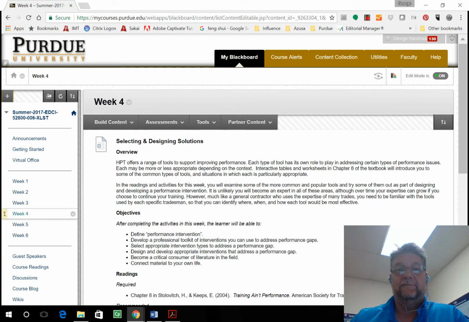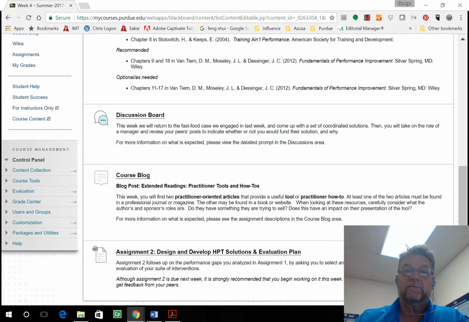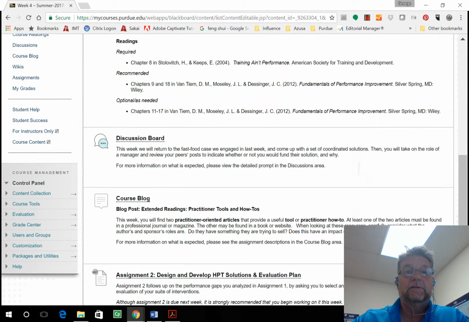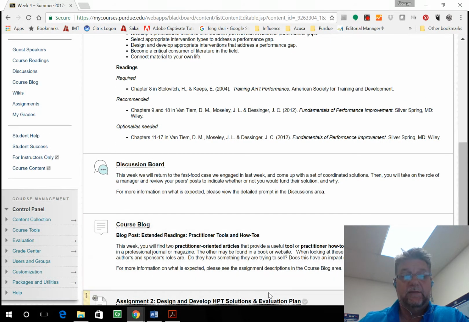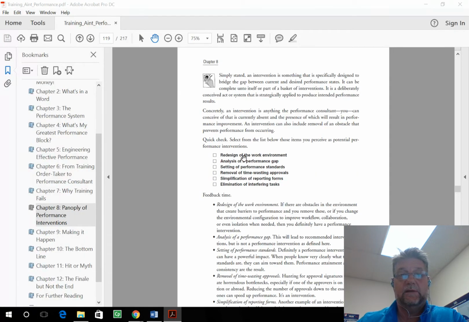We've had a fast weeks 1 through 3. I hope you've got some good tools out of this and been able to apply what you've been learning to whatever projects you may be on now. So let's go ahead and jump in. This week, we're going to be looking at Chapter 8 in our textbook. That should be right here.